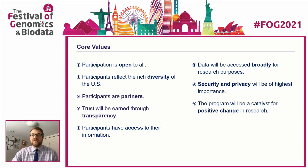So that's one of the things that this program hopes to enable, is the ability for any results that are derived from specimens in particular, that we have a way to funnel those pieces of information back to the participants. Also here, the accessibility of the data that is collected, making sure that it's broadly available. And also mentioned just a second ago, security and privacy will be absolutely imperative in order to maintain those trusting